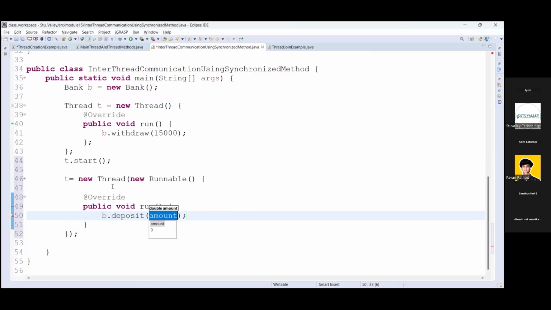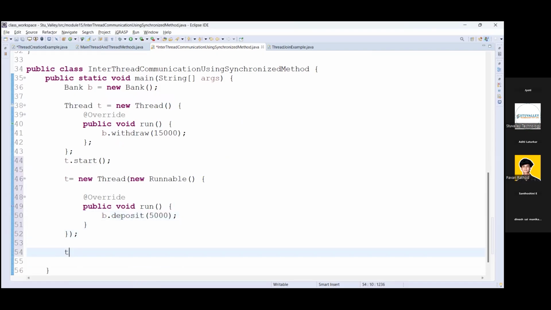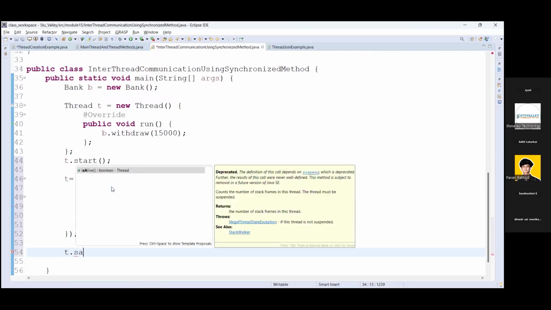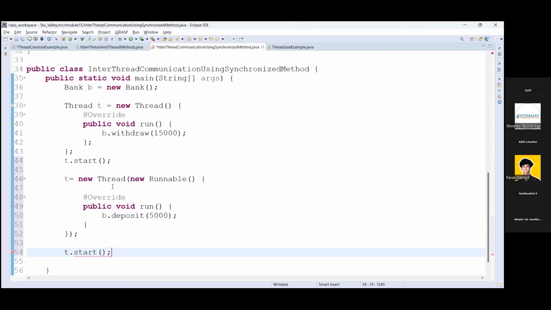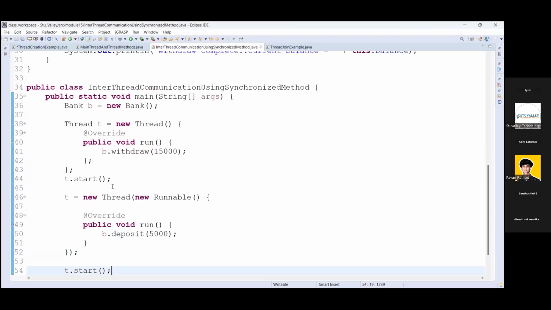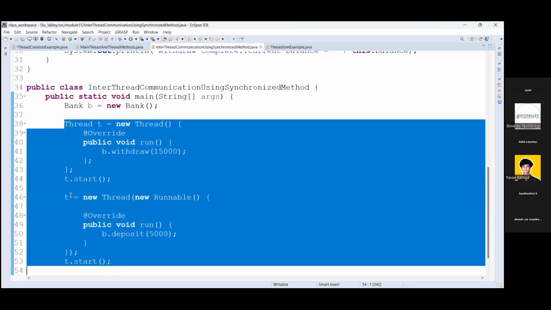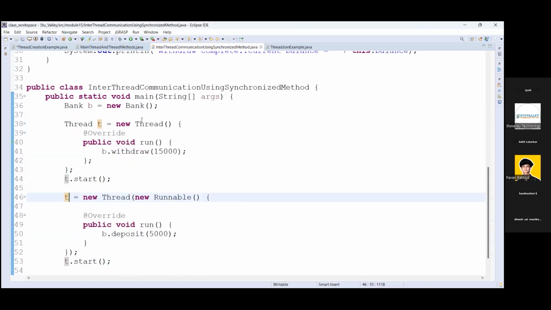I'm depositing the amount 5,000. We need to start this thread again, t.start. You can use the same reference also. I'm creating only one object and assigning it to two different threads, and this should be started. You can create a new thread also if you want.